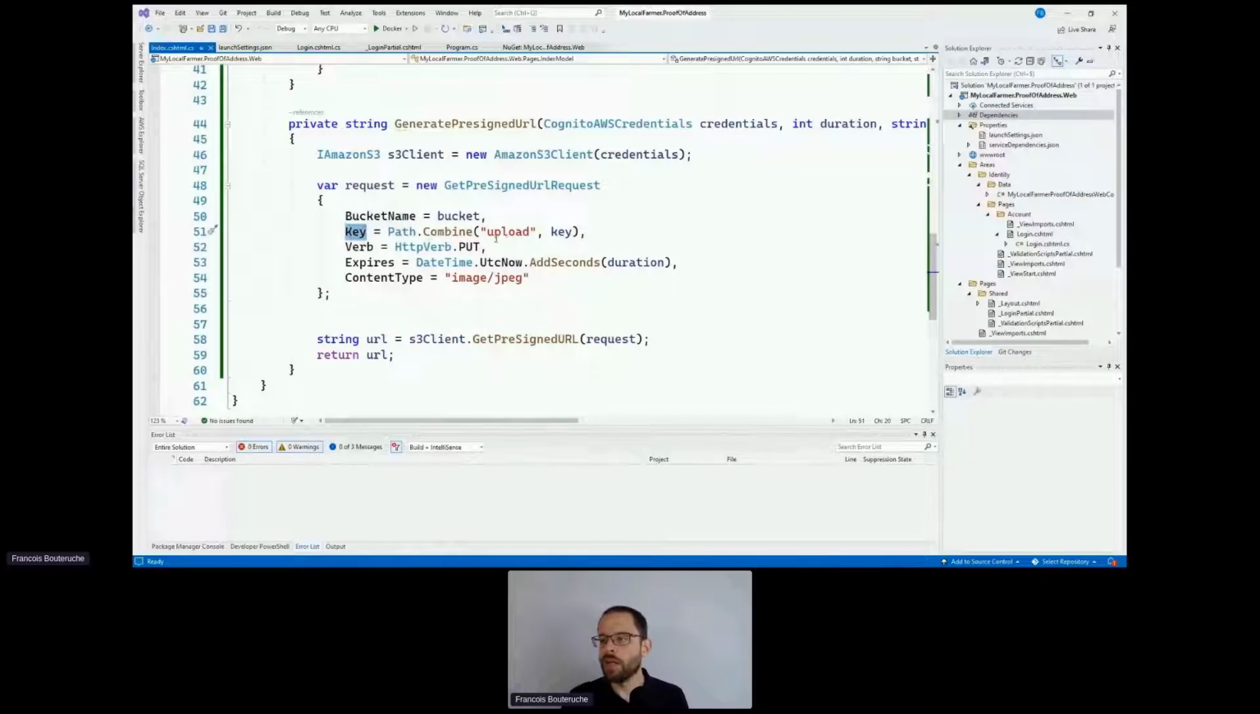So here for which HTTP verb. So here I'm indicating that I want to allow only the PUT HTTP verb. So the user will only be able to upload documents, but not to retrieve them. An expiration duration, and a content type. So if the user tries to upload something else than a JPEG file, it will fail. Okay, and that's it. I'm all done with how I can retrieve my pre-signed URL